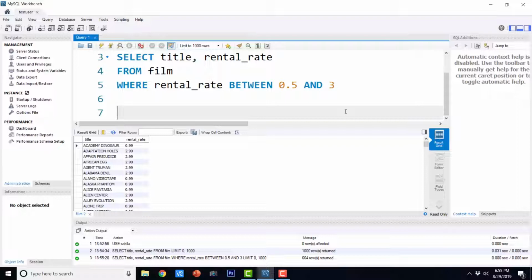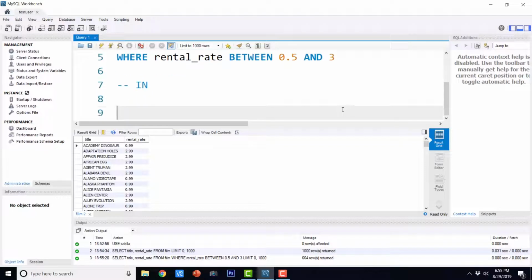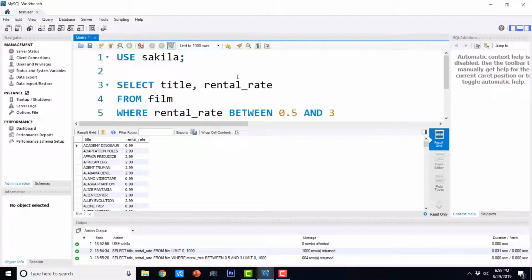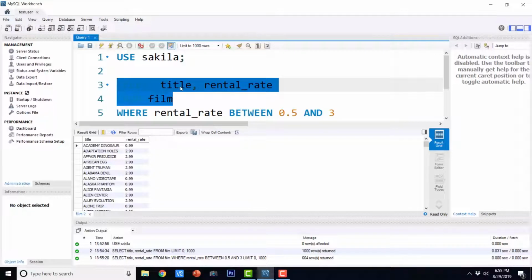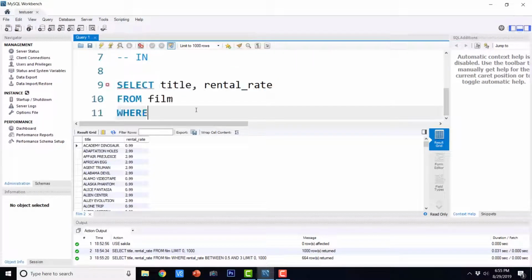Let us see now how we can use the in keyword. So I'm going to add a comment here, and let us see how we can use in keyword. Or let's copy the where stuff also.